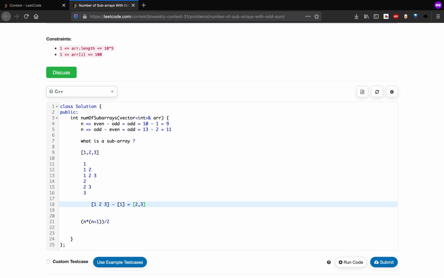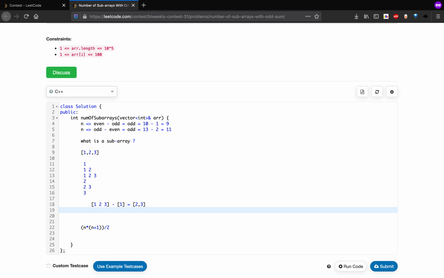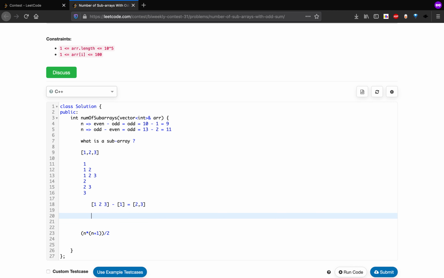So we can use this idea with the maths idea to solve this problem. How? We just need to transform this whole array into a prefix sum, and just check on these conditions.